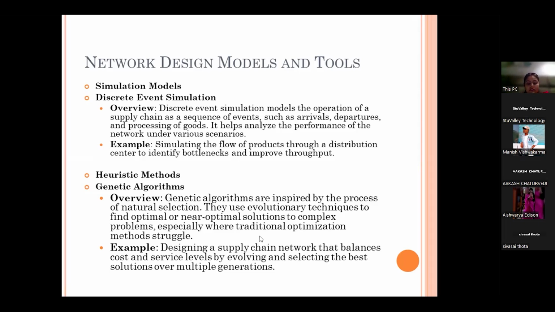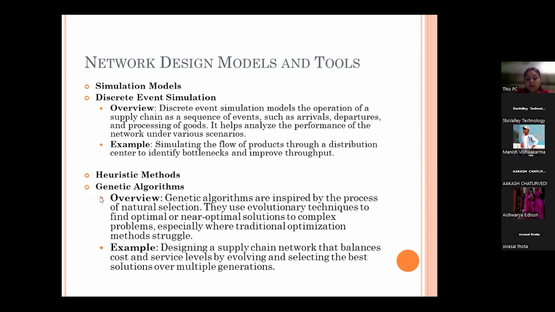This is where traditional optimization methods struggle. So why this genetic algorithm? Because this is a never-ending loop. Like if on the first day they have 98% efficiency, then on the second day they will go to 99%, and it will keep improving. And here we don't have to watch it. We don't have to do it from first to last. No, it will happen on its own, because it is a never-ending loop. That is why we have these heuristic methods. We have given this the name.